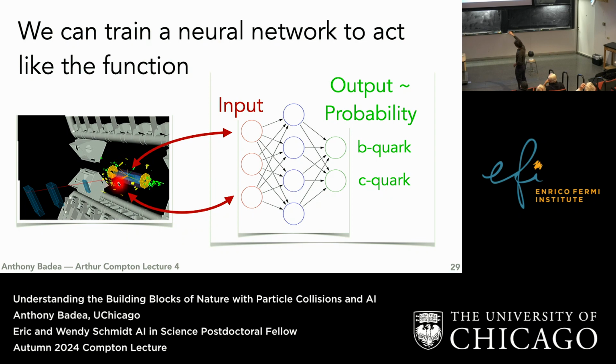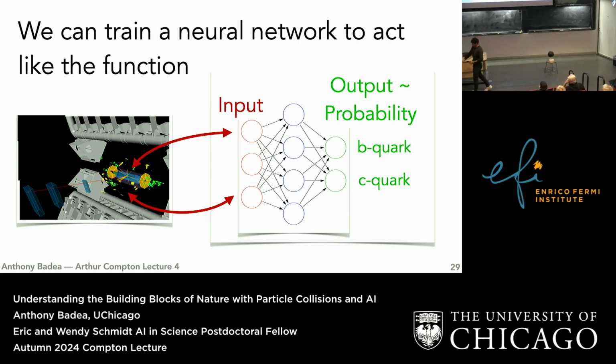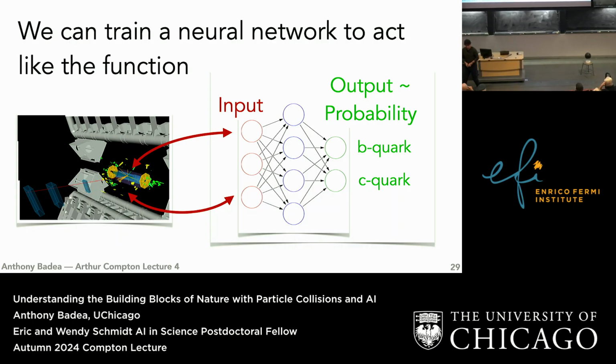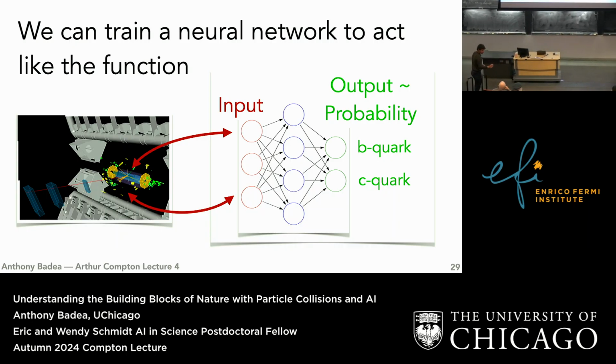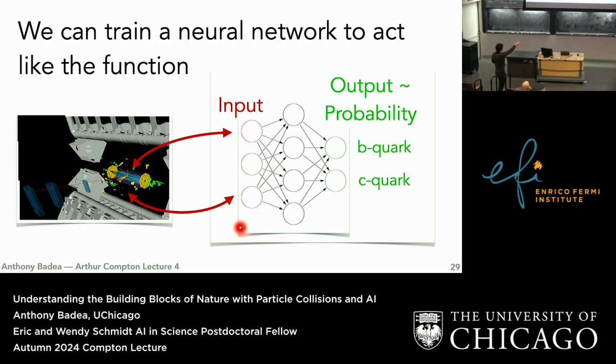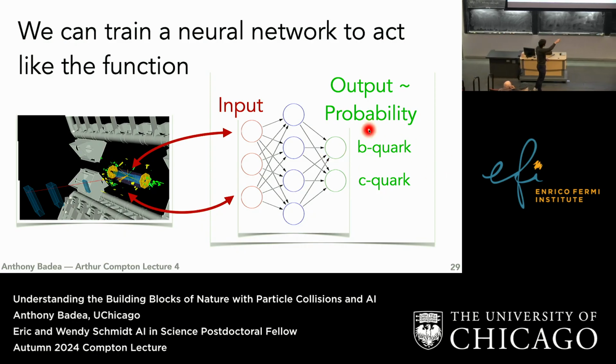Roughly the logic goes, you take the detector signals, you pipe them into the inputs, and in an extremely robust way, you can pipe in a bunch of different types of inputs. You can pipe in a discrete value, like it is a B Quark, it is not a B Quark, or you can pipe in continuous numbers. Let me say a few more things. And so you pipe them into the input. In here, which is the so-called hidden layers of the network, this is where the actual money happens. So a bunch of complex math operations in here. And then the output is a probability to either see a B Quark or, I wrote here, a C Quark,